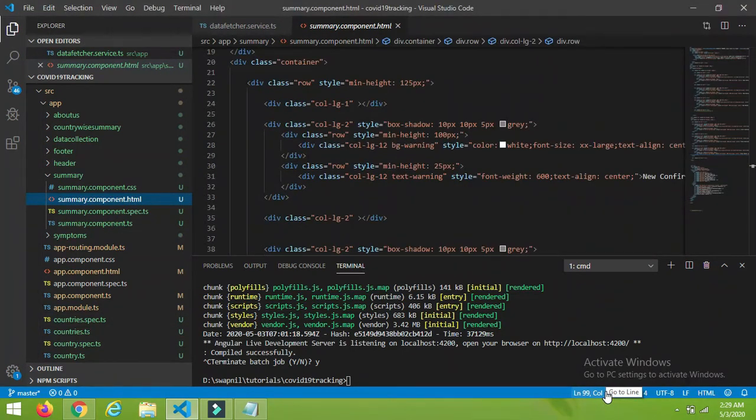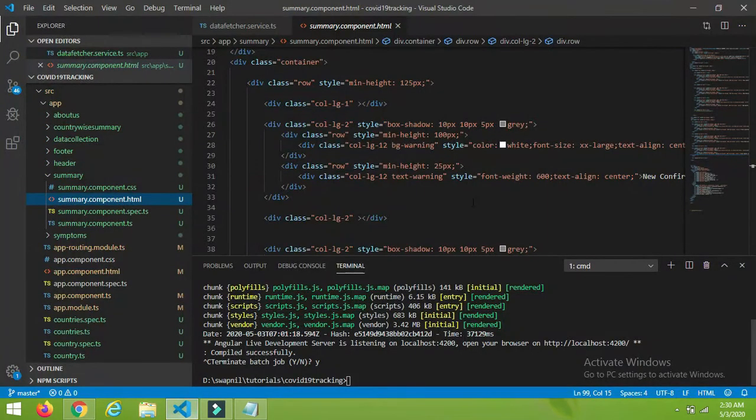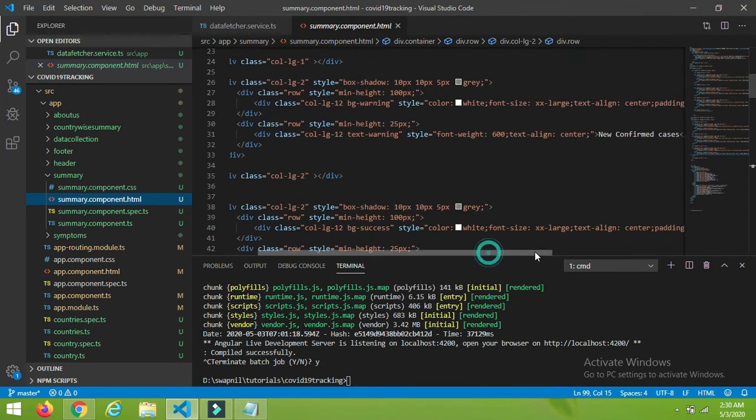So guys, we have our data ready. Now the thing remaining is we have to display it on our UI. So first let's display these 6 blocks: new confirmed, newly recovered, and new death cases, and after that total cases. We have to display these 6 blocks. We already have the data with us. Now what remains is to render it. Here you can find we have already created the 6 blocks. Now the thing remaining is to display them.